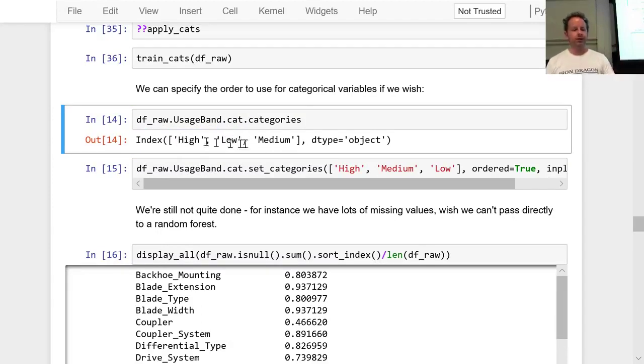Now, one of the things you might notice is that this list is in a bit of a weird order: high, low, medium. The truth is, it doesn't matter too much. But what's going to happen when we use the random forest is this is going to be 0, this is going to be 1, this is going to be 2, and we're going to be creating decision trees. So we're going to have a decision tree that can split things at a single point. So it would either be high versus low and medium, or medium versus high and low. And that would be kind of weird, right? It actually turns out not to work too badly, but it'll work a little bit better if you have these